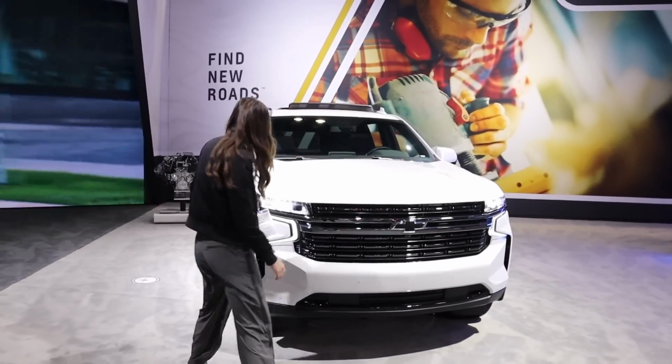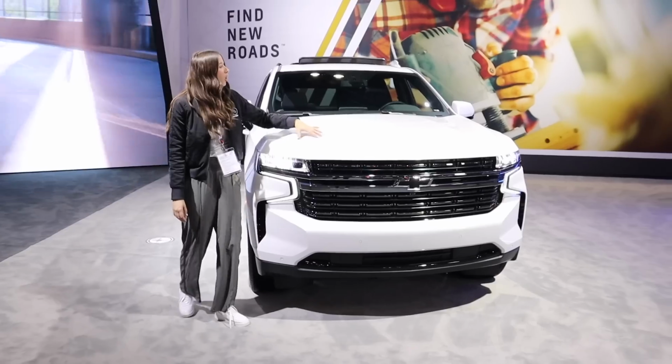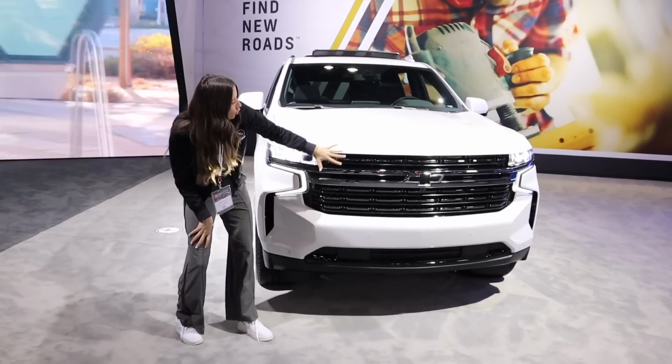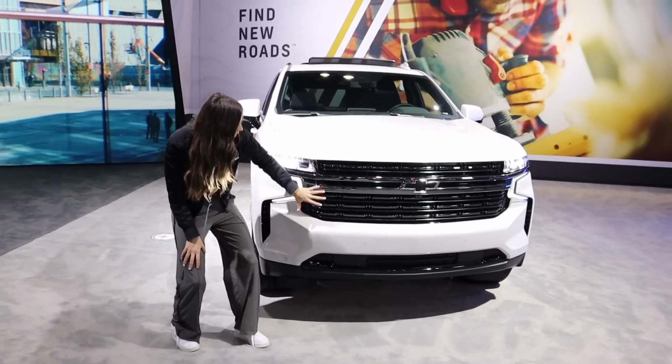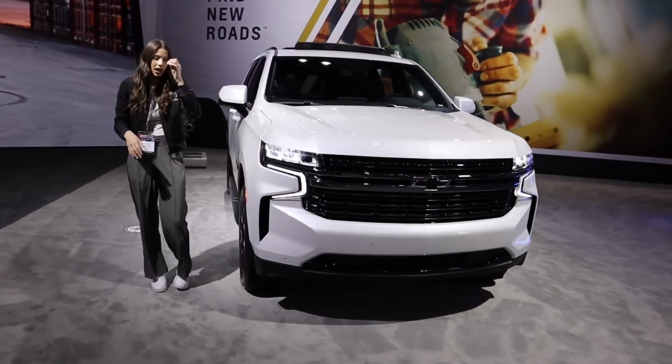So let's take a look. We've got some great LED daytime running lights, LED headlights on this trim level, some great hood lines. I mean, it is an aggressive hood. Do you guys see this? The grille is a little basic, but still tasteful, and we have a little bit more black elements down there. If we come along to her side profile,